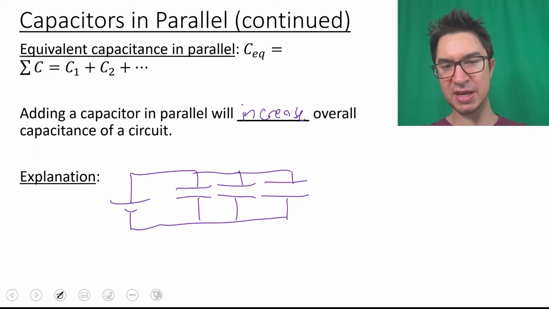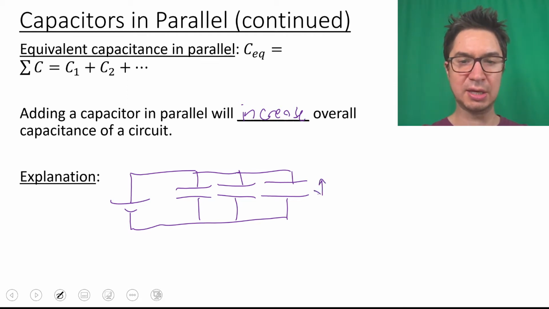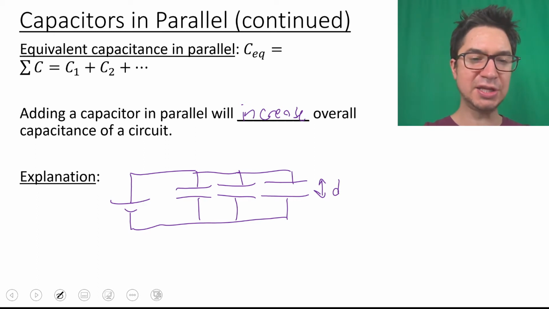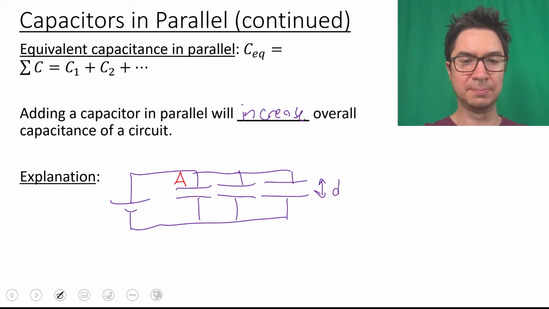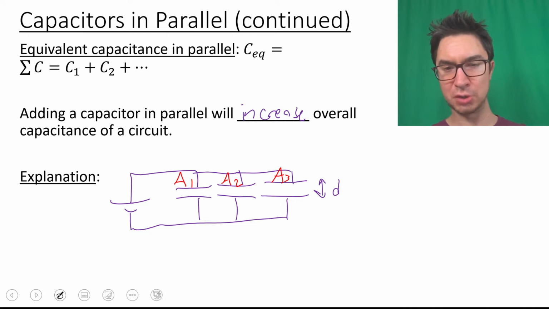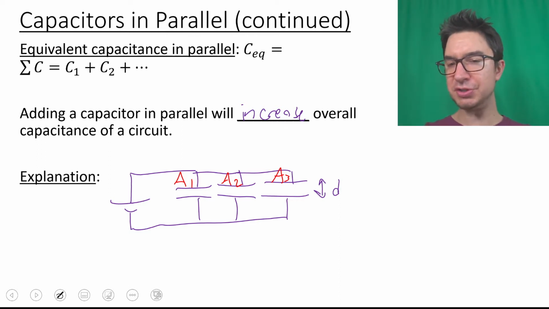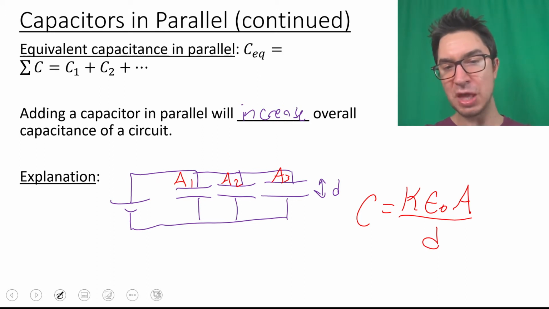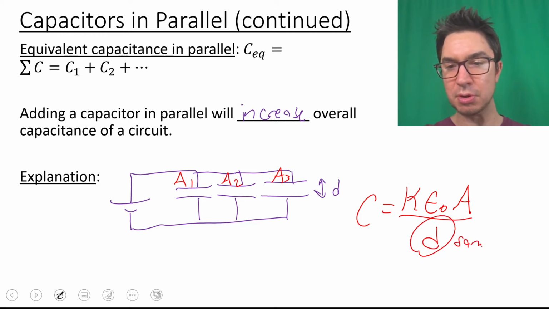So let's say that each of these capacitors has the same distance d across the plates of the capacitor. And let's say that each of these has a certain area. So let's call this area A1, call this one A2, call this one A3, whatever they happen to be. Is it fair to say that because capacitance for a parallel plate capacitor is kappa times epsilon naught times the area of the capacitors divided by the distance, by arranging all of these in parallel, keeping this distance the same or constant,